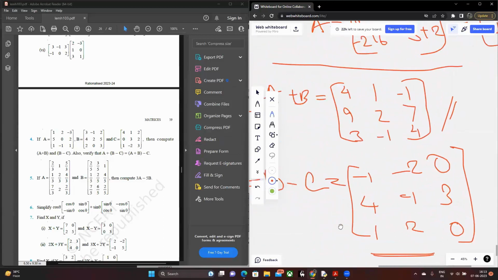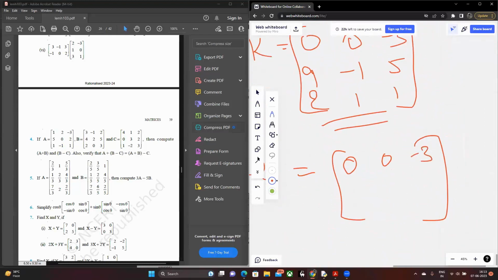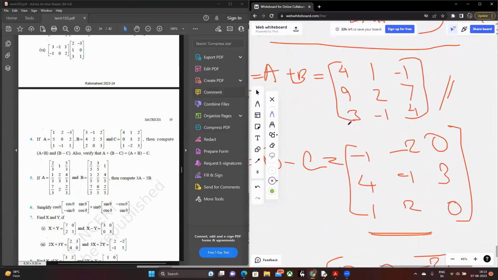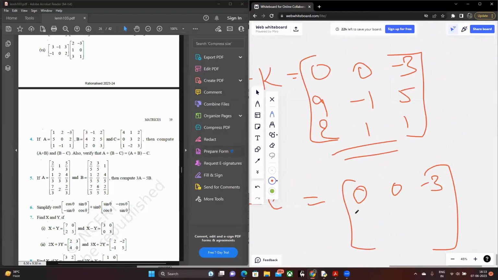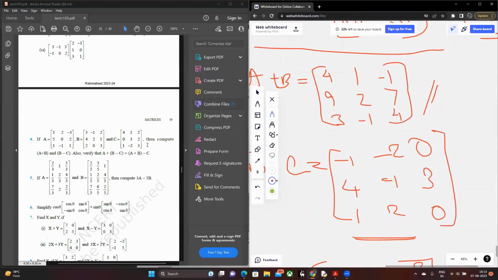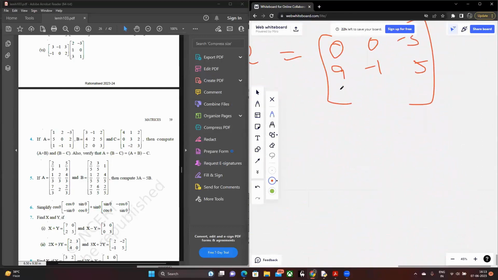So it is going to be L, that is minus 1, minus 2. Similarly, over here you have 9, 2, 7 and this 0, 3, 2. So I'm going to basically write this as 9, minus 1 and 5. And finally you have 1, minus 2, 3 over here. You have 1, 2, 0 over here. So it is basically 0,